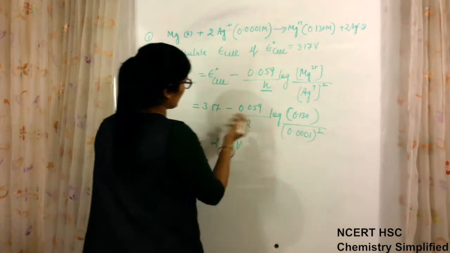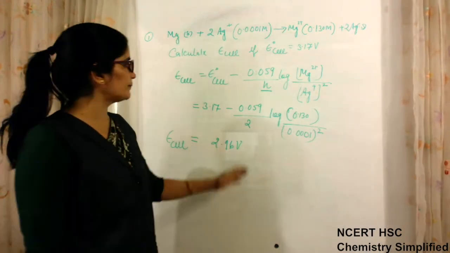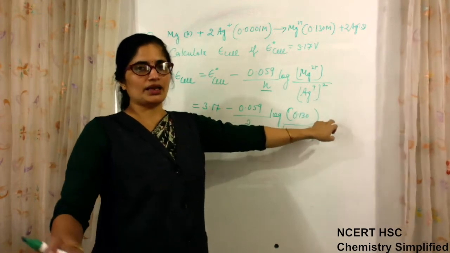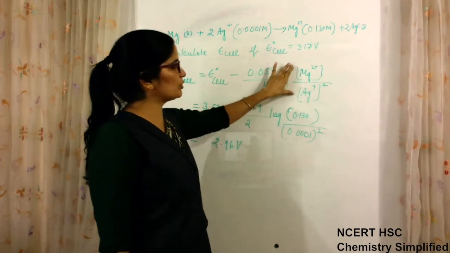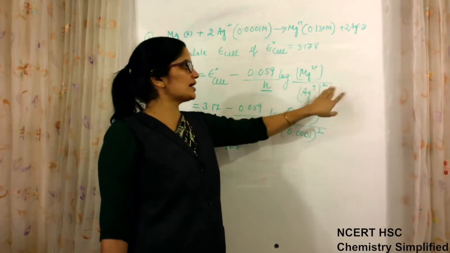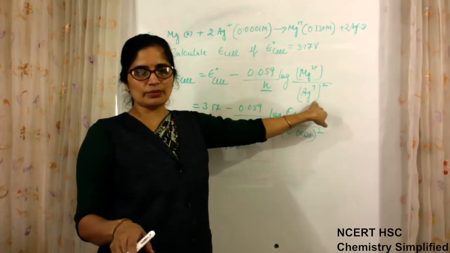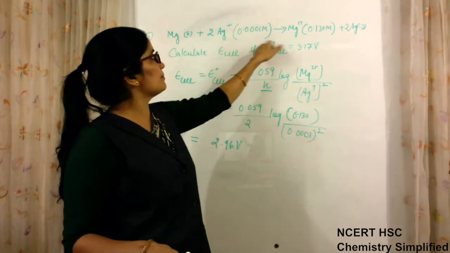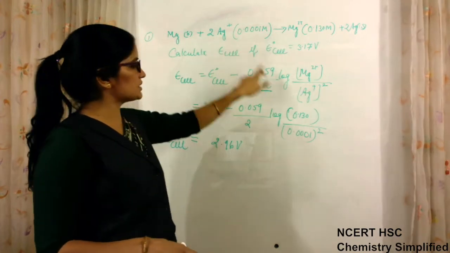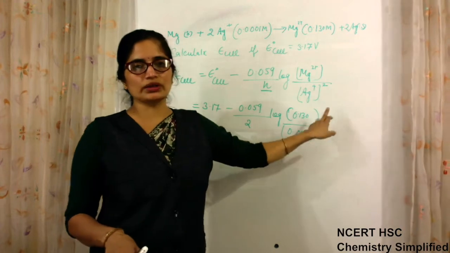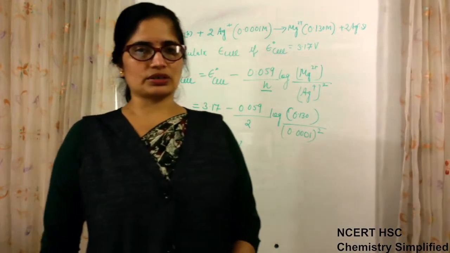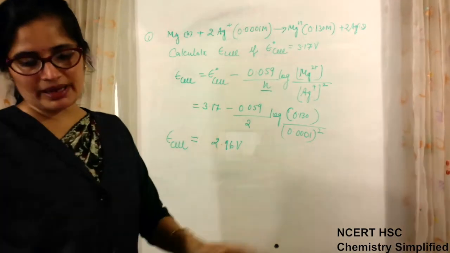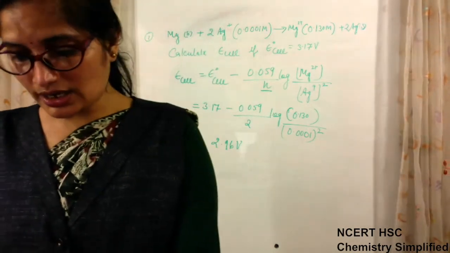The calculation part has to be done afterwards, but the main thing is to keep the power. The main mistake is when we put these values, we must remember oxidized ion upon reduced ion. Second, whatever the number of moles in the balanced chemical equation, we have to show it in the power. That is important. Clear? These are the questions based on the Nernst equation which are asked.